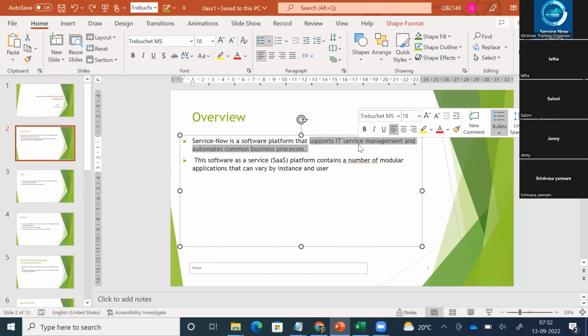So as I told you, the benefit is that it is automating the day-to-day business process of a company. Correct. So that's what that is about.